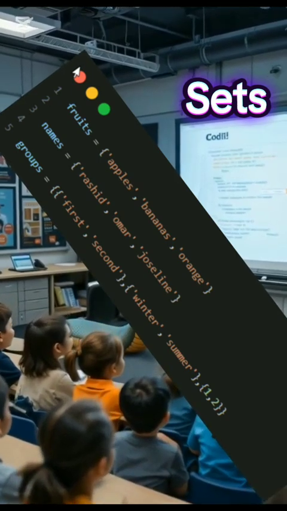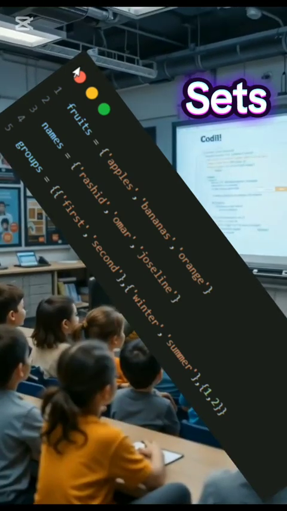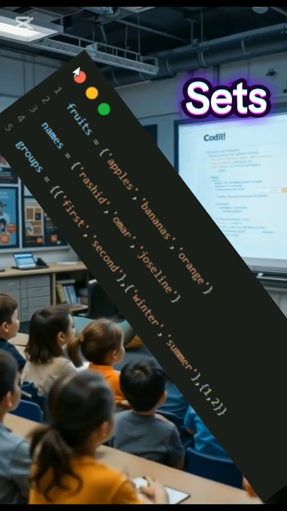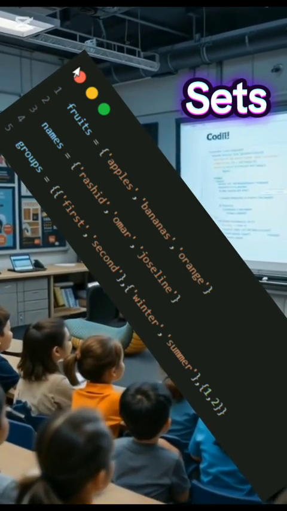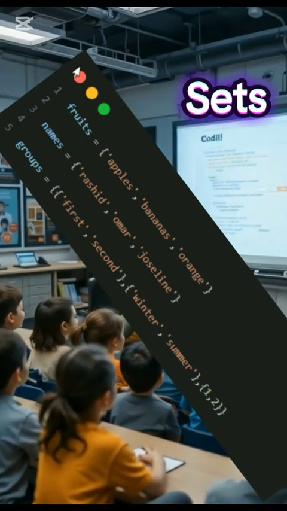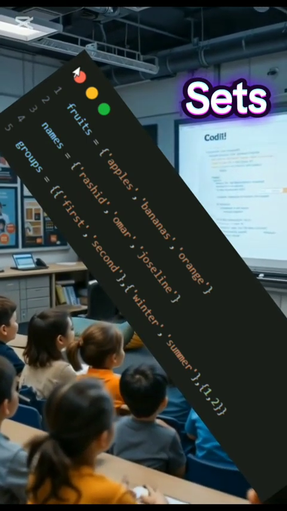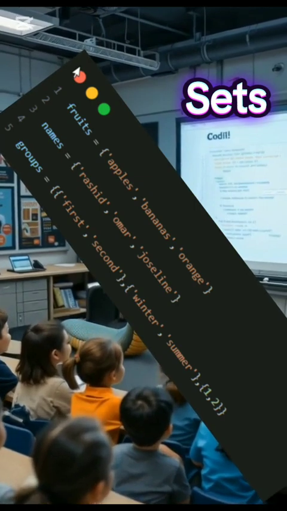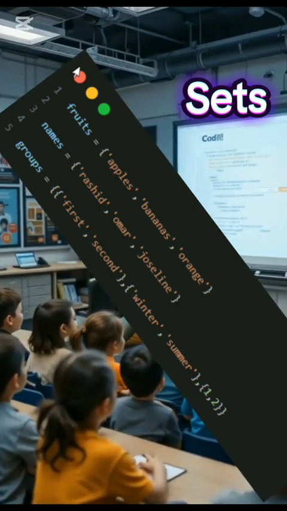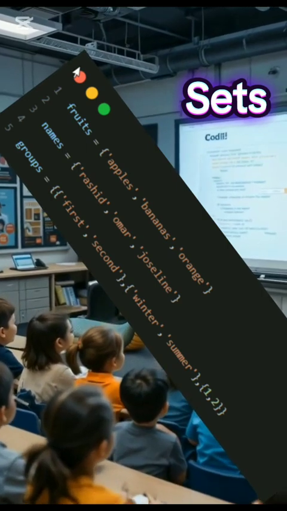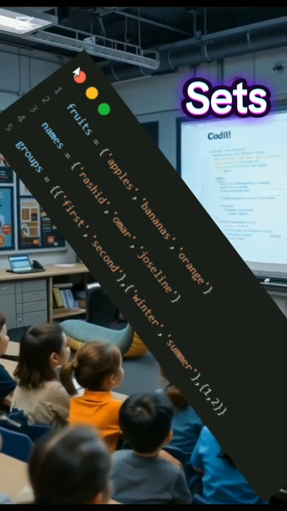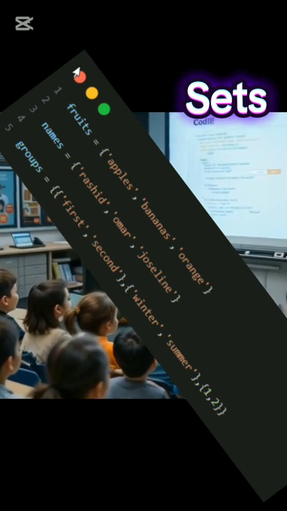our variable, which is fruits, and that is equal to curly braces. Then inside the curly braces we can have multiple data types. Here we have strings only: the first one is apple, second banana, third orange. So sets are different from